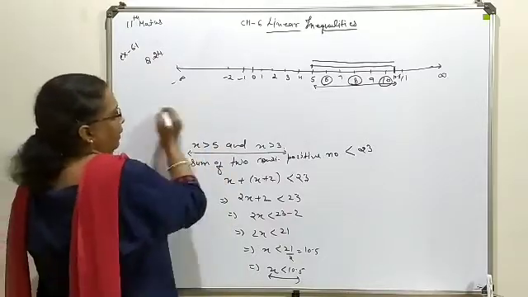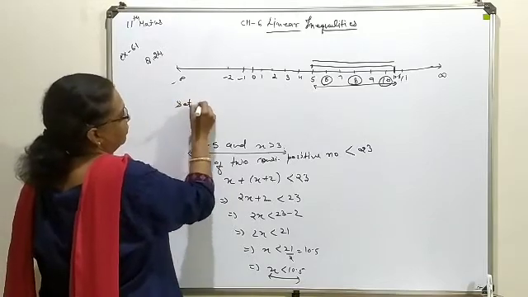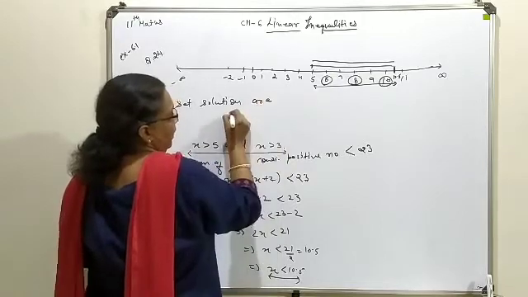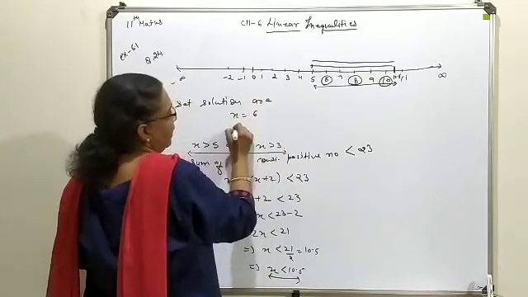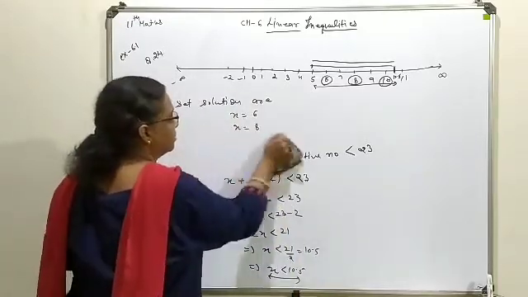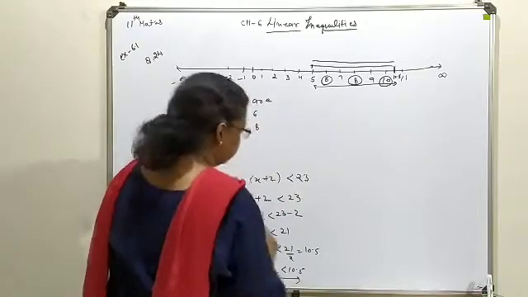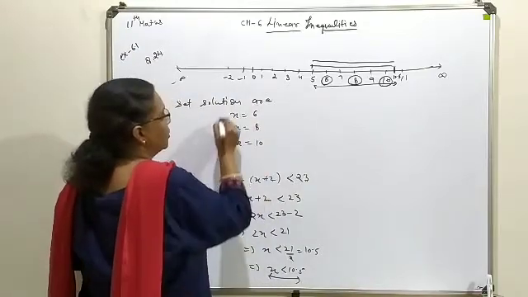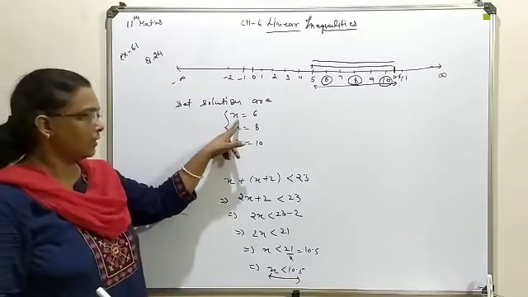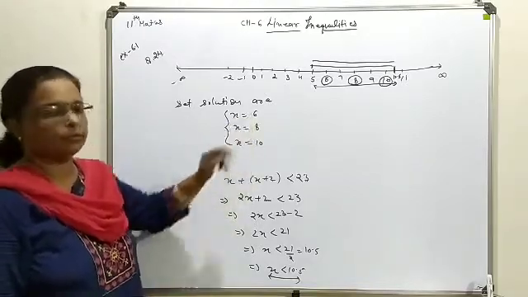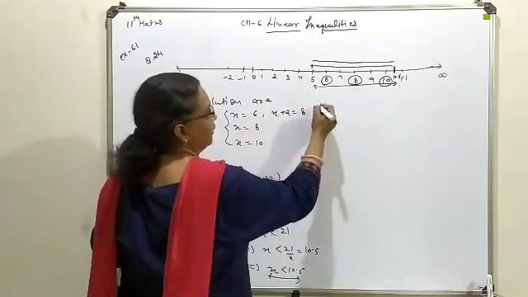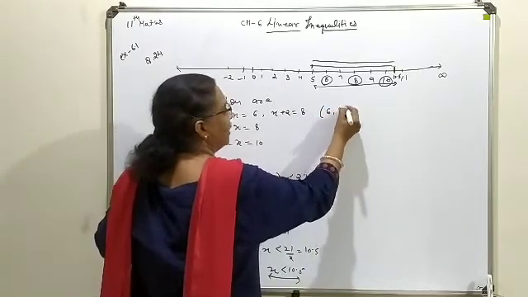So here the set of solutions are x is equal to 6, x is equal to 8 and the third one is x is equal to 10. For these three we can find the pairs of solution. For x is equal to 6, x plus 2 will be 8, because we have to find the consecutive. So one pair of solution we have is 6, 8.